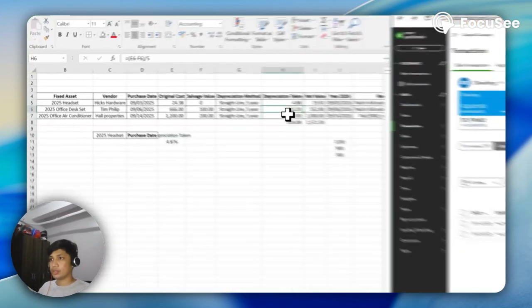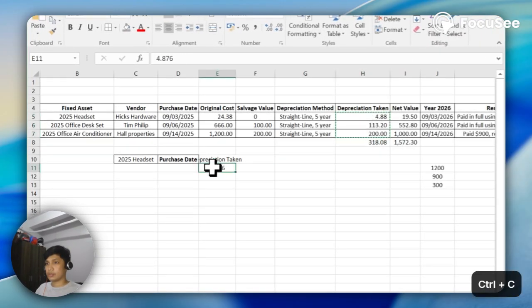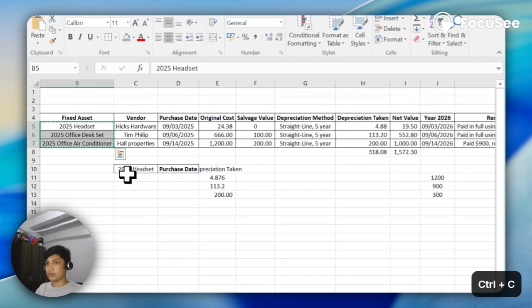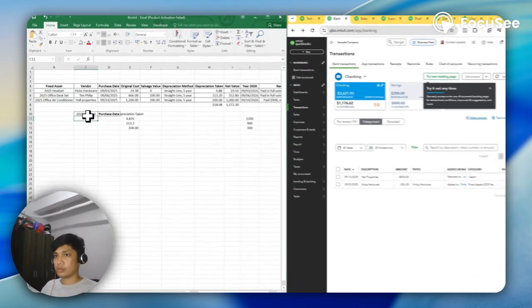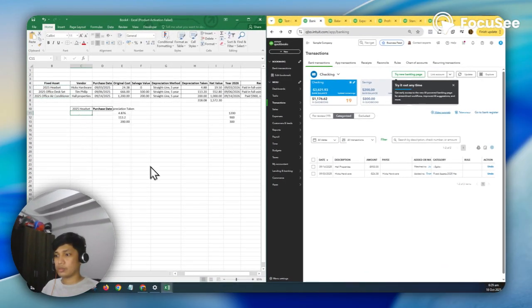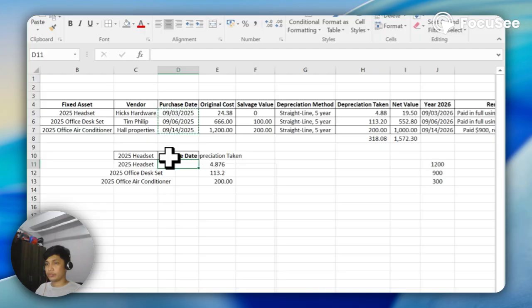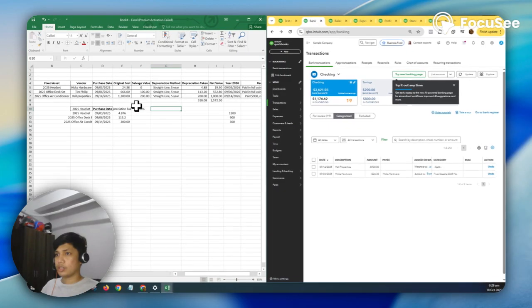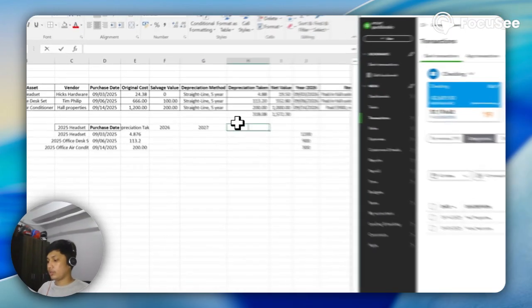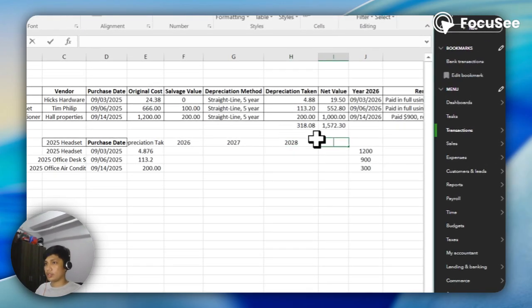For the purchase date, then year 2026, 2027, 2028, 2029, and 2030.